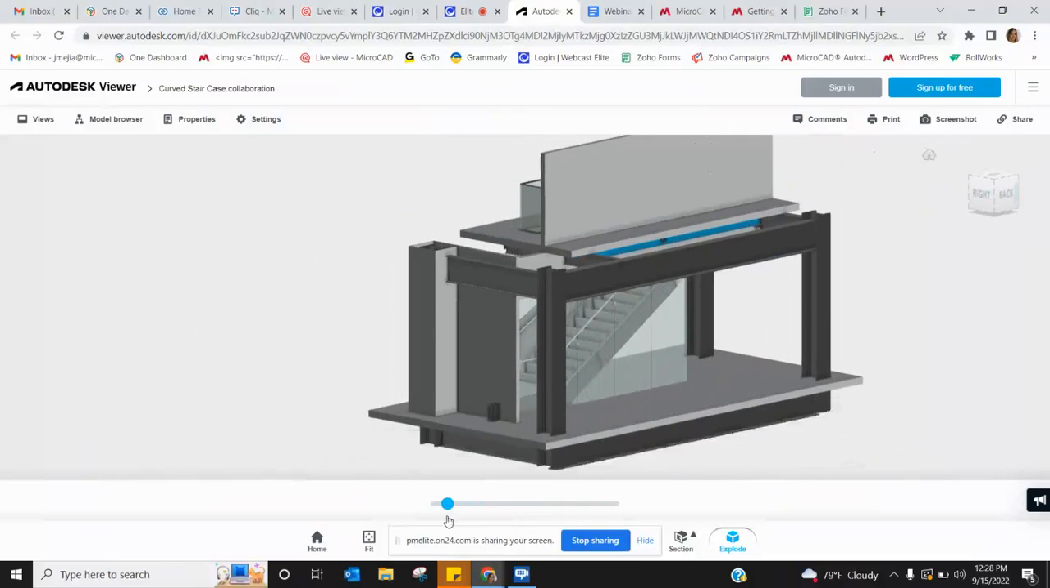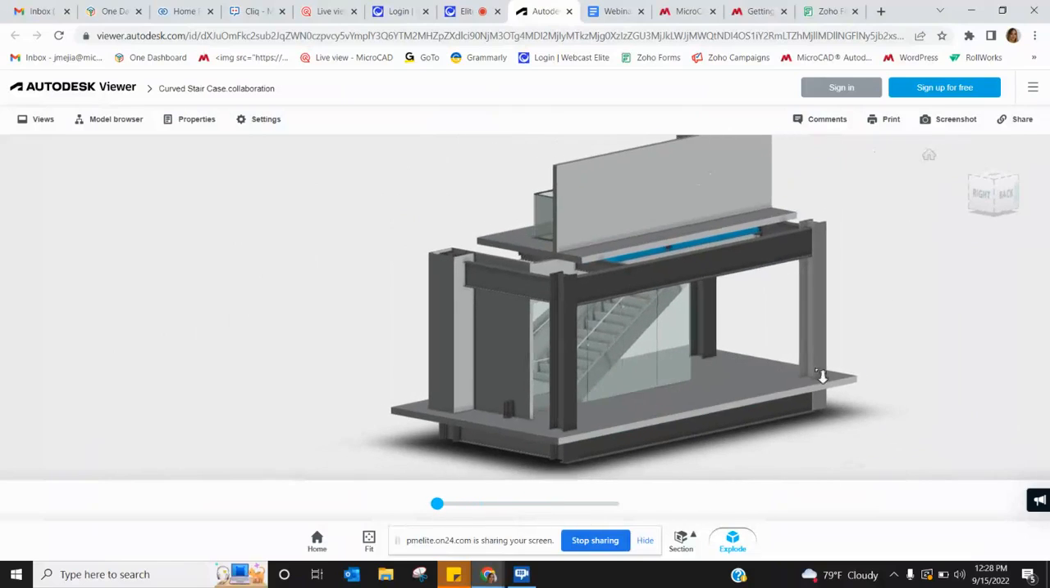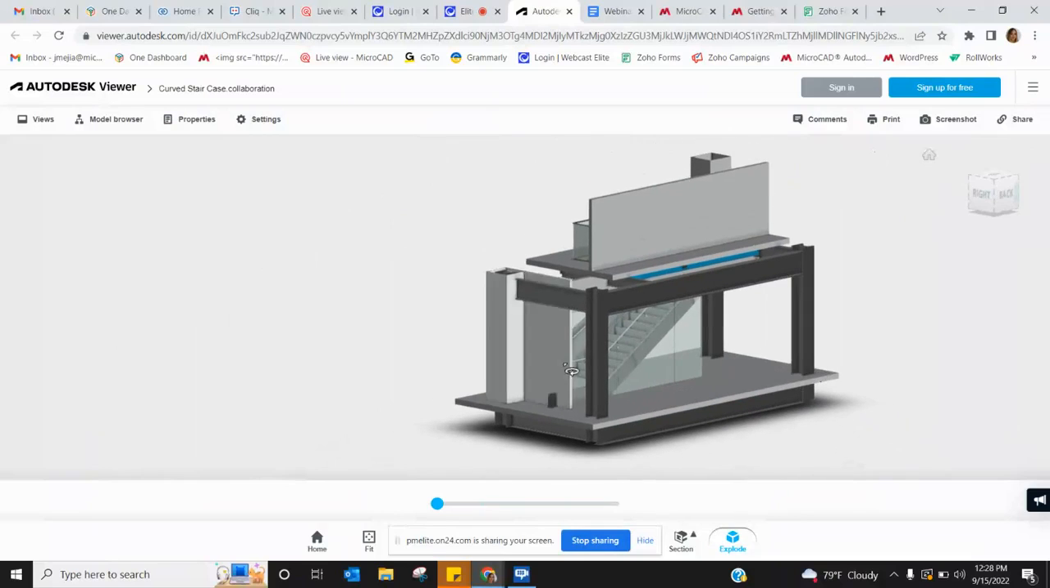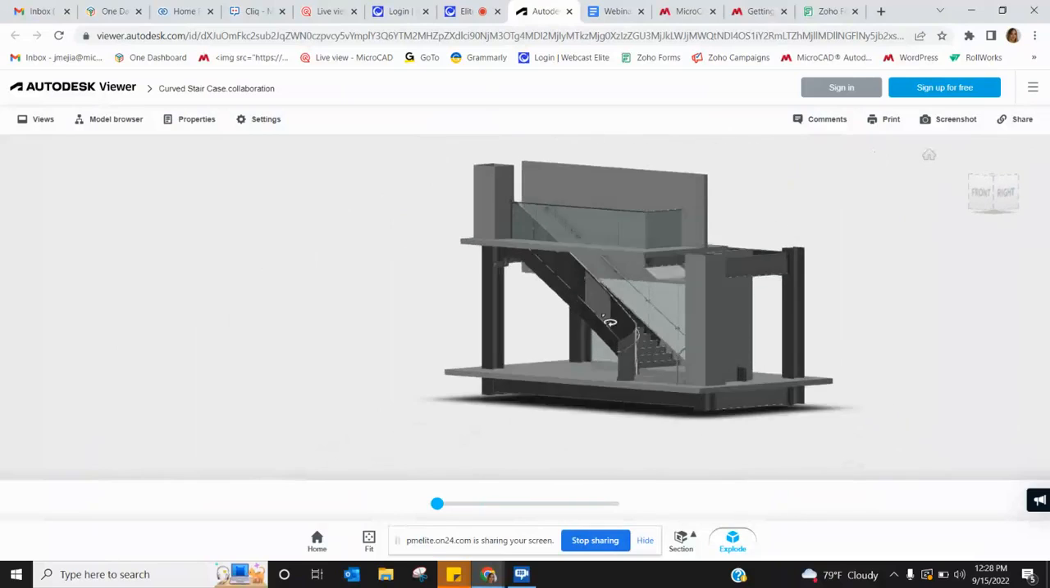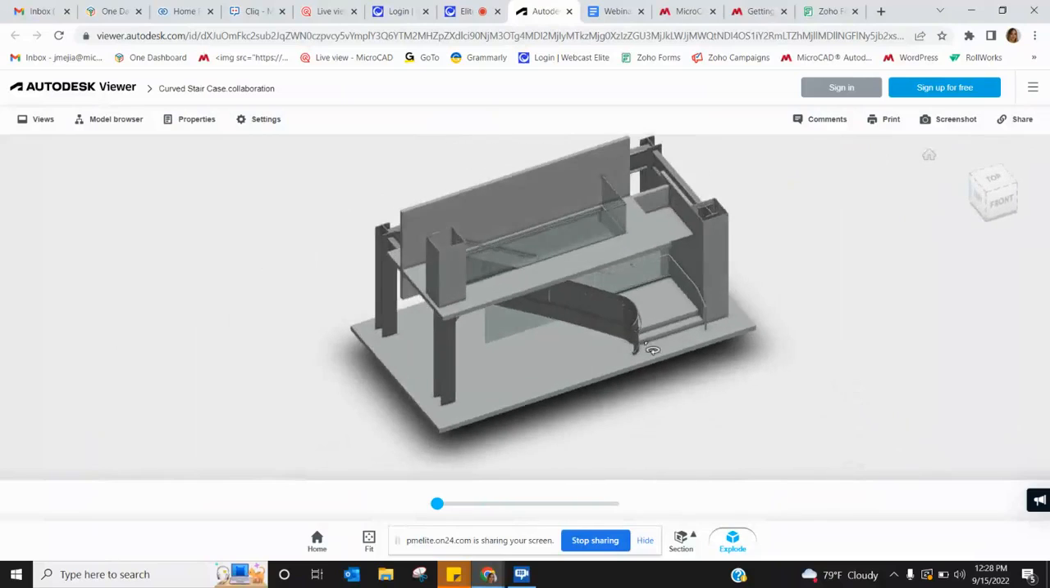So when this model was being created and I needed to collaborate with the stakeholders, I needed to be able to share that with them. They didn't have Inventor, but I needed to share it. So when they collaborate,